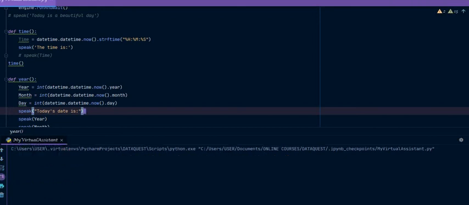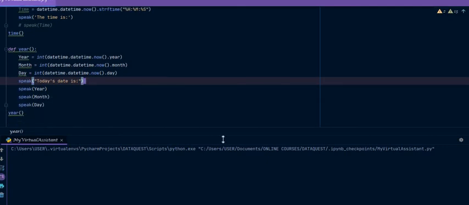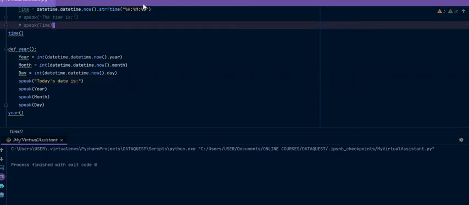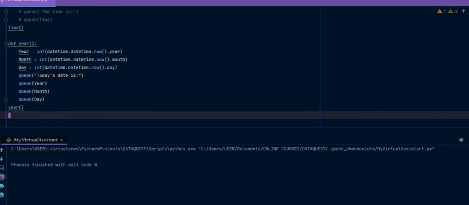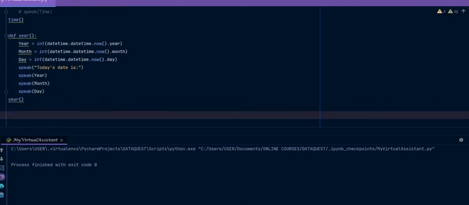The time is, today's date is 2020/8/31. Correct. Let us run this again while I comment this. Today's date is 2020/8/31. Awesome. Now let us put all of this together, which is going to be the final part of this